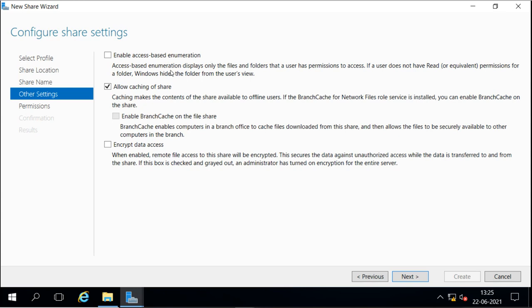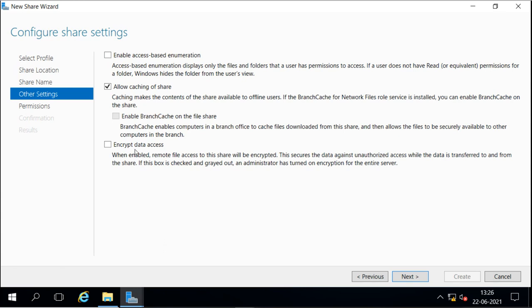To see the share folder, a user must have at least read permission. If the user does not have read permission, they will not be able to see the share. This is the option, and if you enable it, it will apply. Right now we can configure this after creating also.